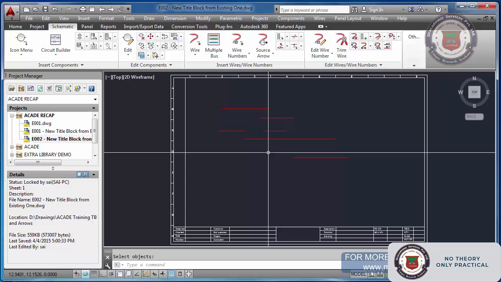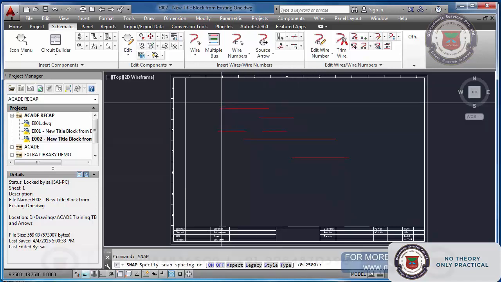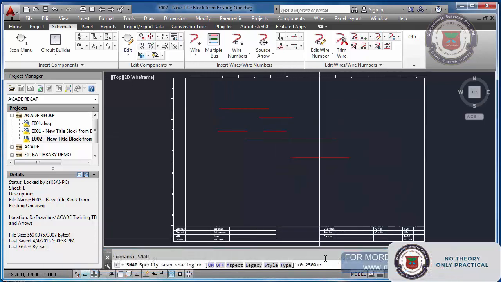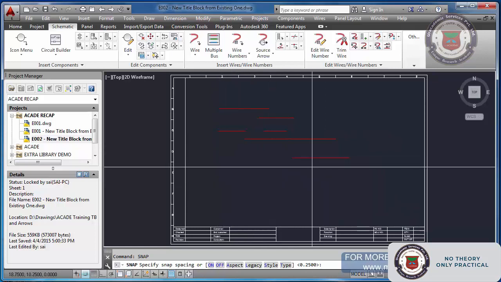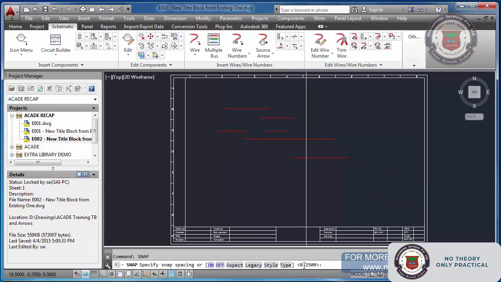So in order to check that, you have to type snap. Now you see the snap distance is 0.25. That is good enough for my title block size. Sometimes it may be 5, 10. Then your cursor may move from one point to quite a long distance. So you should always keep the settings in this way, typing snap.